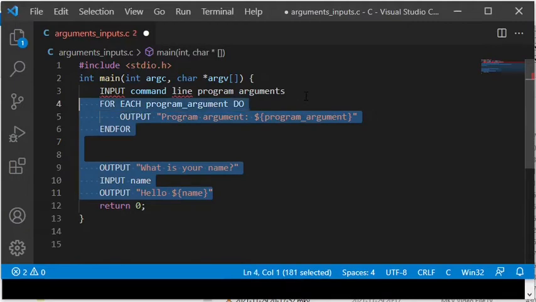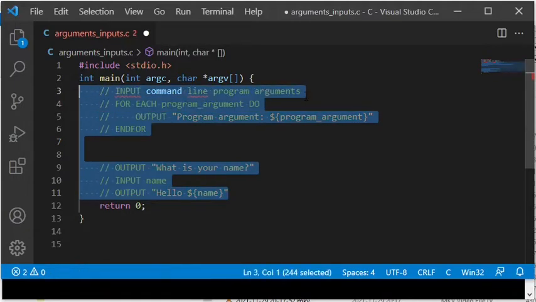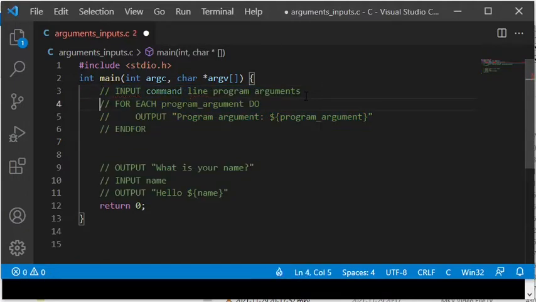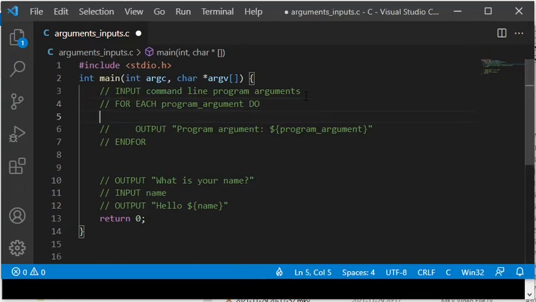Then I will modify it by changing it into C code which can be compiled. The for loop is not iterated from the beginning, but the first item at index 0 is skipped, since it will be the program name. The program arguments start at index 1 in the array.